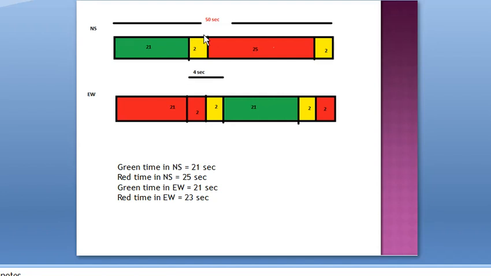So mark green time as 21, and I told that after green time you have to provide amber. So after green, we provide an amber time of 2 seconds. Then at the end there should be another amber time, that is 2 seconds. I have marked this, and the sum, that is 21 plus 2 is 23 plus 2 is 25. So 50 minus 25, the remaining part will be 25. 25 will be the red time for north south direction, north south road.